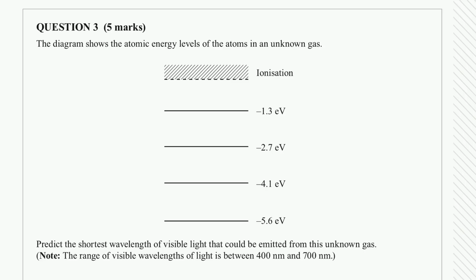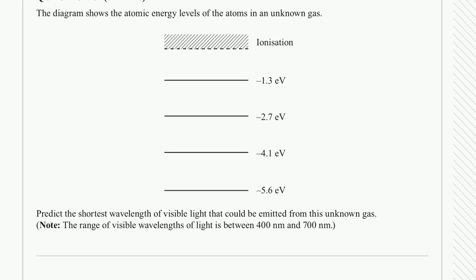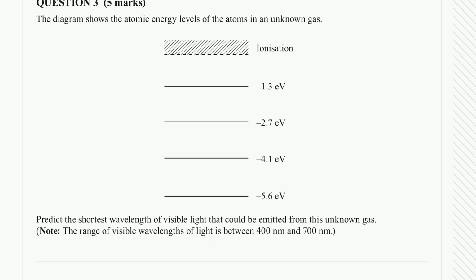So question 3 is: the diagram shows the atomic energy levels of the atoms in an unknown gas. So we've got the atomic energy levels. We can see that our electrons can jump between them. And what we know is as an electron jumps between levels, it releases that energy in the form of light or electromagnetic radiation,